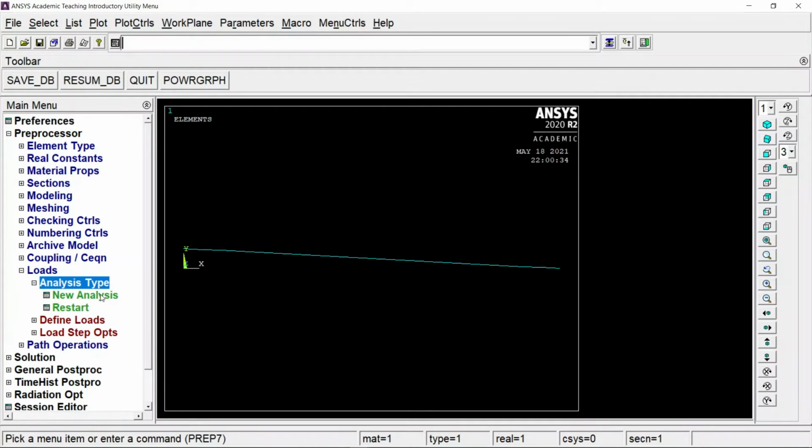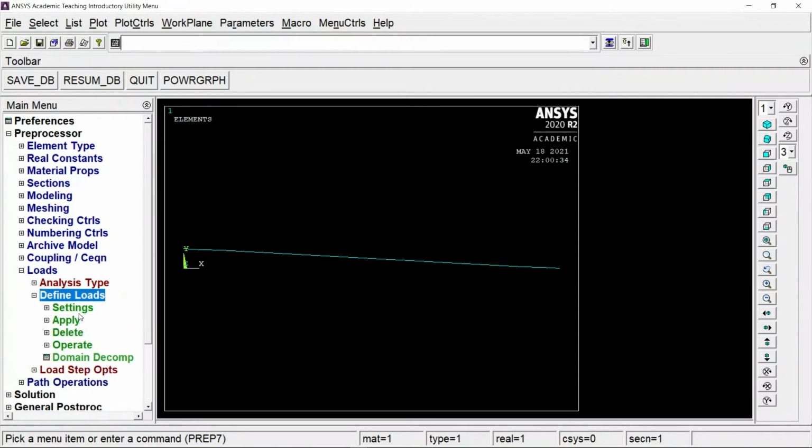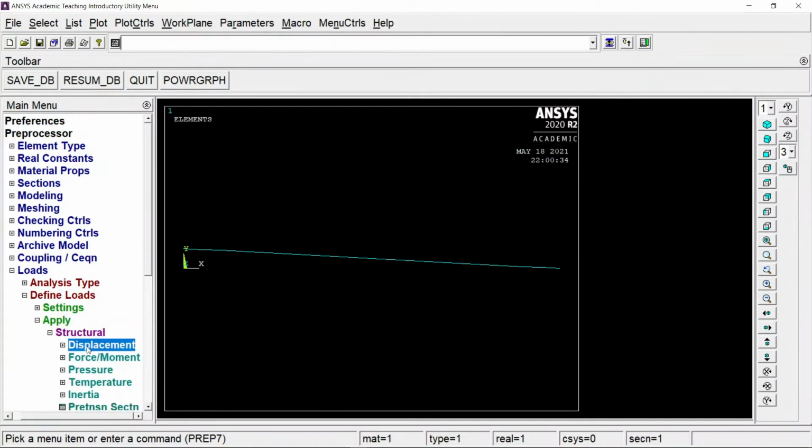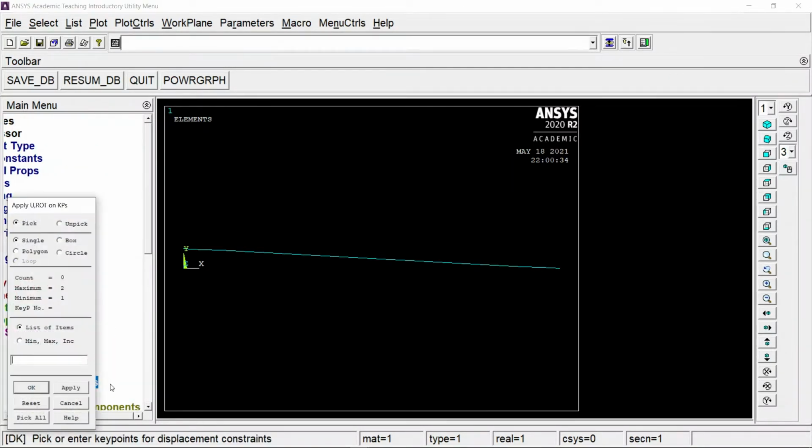Now we'll add the gravitational load. What we are doing is analyzing this dome only for its dead load. We'll give the support condition as hinged.